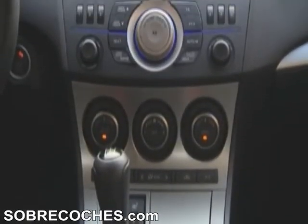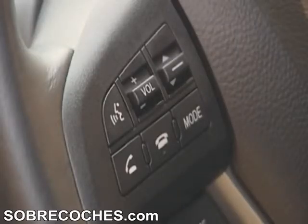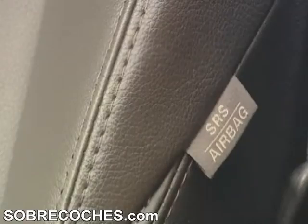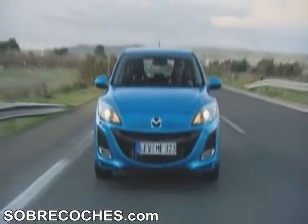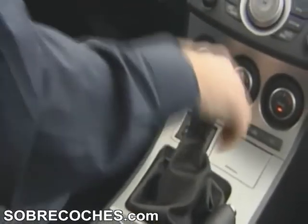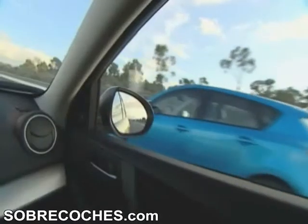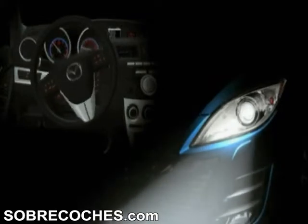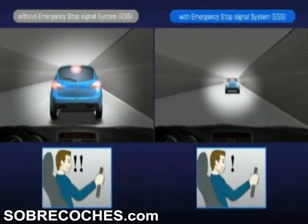Other highlights include its high craftsmanship. The multifunctional steering wheel, as well as the new multi-information display. The safety package includes, among other features, innovative rear vehicle monitoring that watches traffic passing from the rear and warns the driver of Mazda 3 if necessary. Added to this are pivotal adaptive front headlights and an emergency stop signal system. The new Mazda 3 is not only ahead of its time when it comes to design,